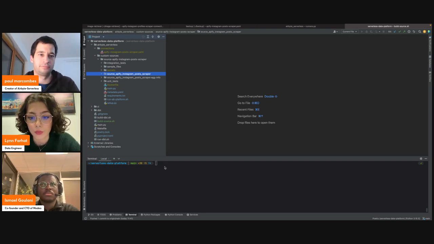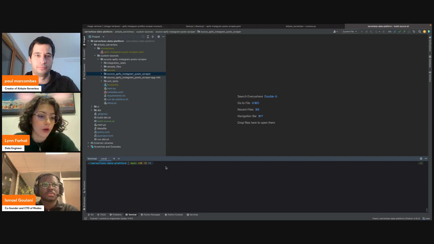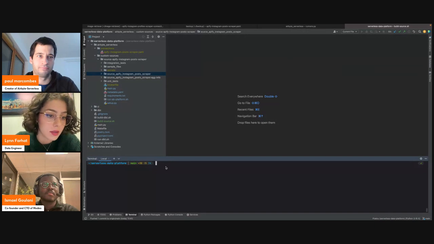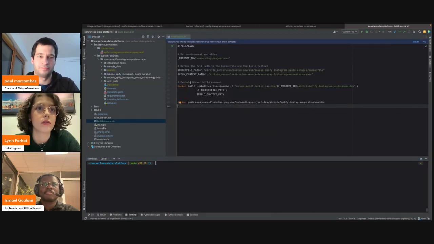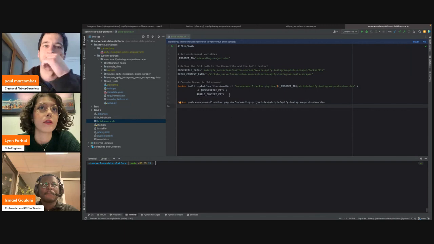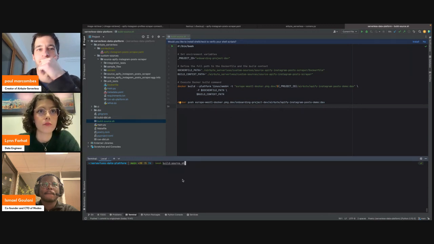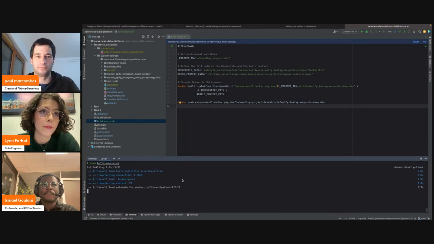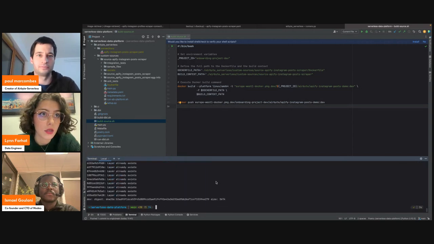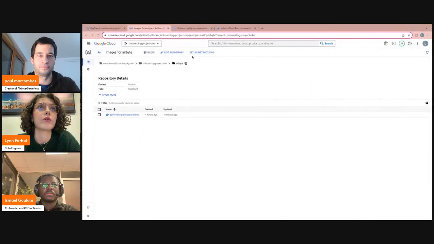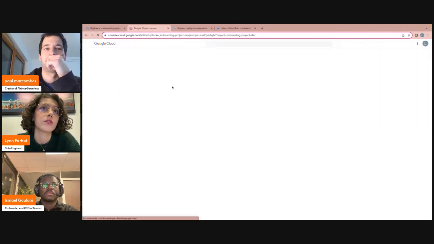I'm going to show you how I built the Docker image and put it into Artifact Registry, because the goal here is to be able to access the Docker image through the Google Cloud project. This is how we did it. I have a build source .sh file here, which will build the Docker image as seen here, and push it into Artifact Registry. So all I have to do is run bash build_source.sh. It will take a few seconds. It's done. And now if I go into Artifact Registry, as you can see here,